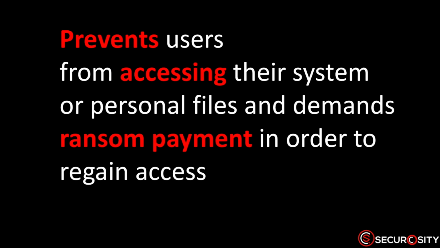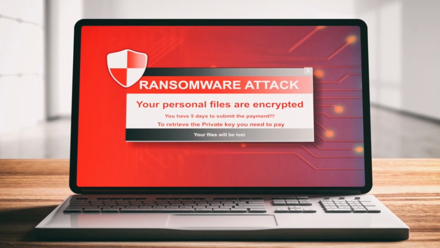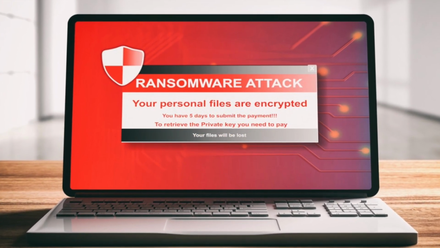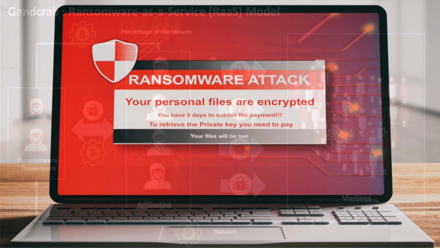There are different types of ransomware, such as screen lockers and scareware, but I focus mainly on the encrypting ransomware as shown here on the screen because it is effective and it has proven to make a profit for the cybercriminals.